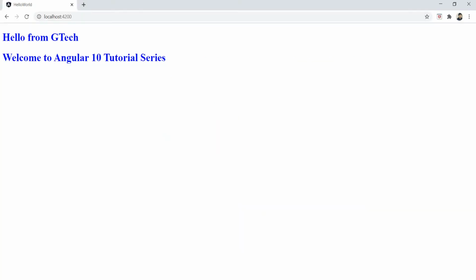Now, let me add one more h1 tag with the text "by Gordhan Pottipati" right under this welcome text. But I want to get this text from a component that exists in a different module. I mean, not from the app module. So let's dive into Visual Studio Code and create a new module.